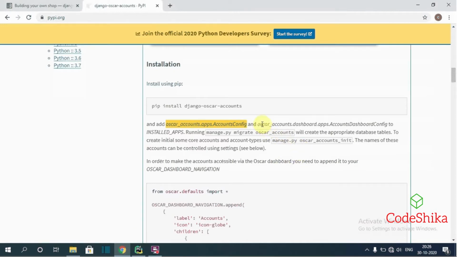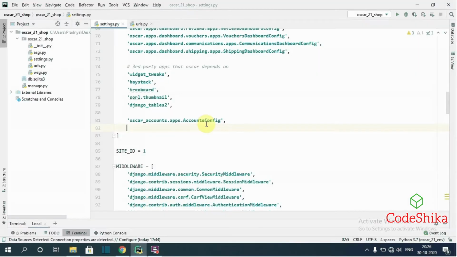Next we need to add this. Again single quotes, in that I will copy that.